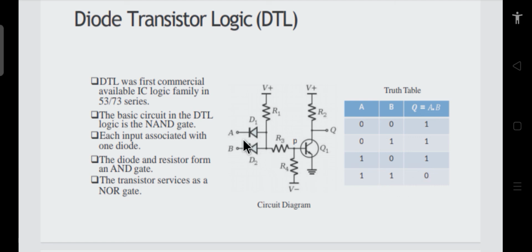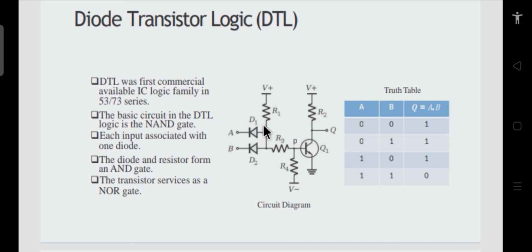When both of the inputs A and B are 1 1, only in that case what happens? These two diodes will be on simultaneously. If these two inputs are 1 1, then both these diodes will be off, because the voltage available here will be less compared to the voltage available here. This voltage is coming after a certain drop, and it is equal to the voltage drop across this transistor, the VCE, plus the VBE of Q2.